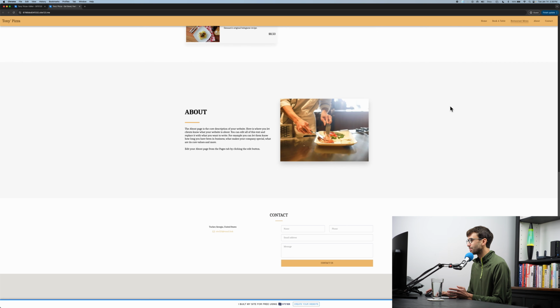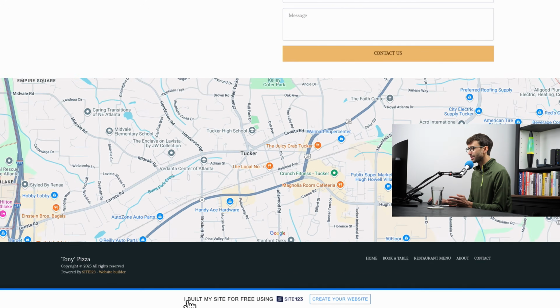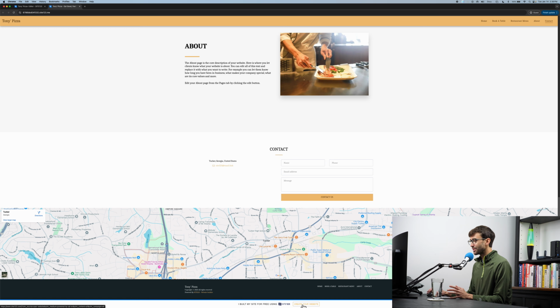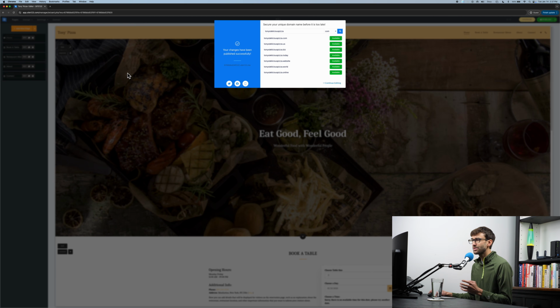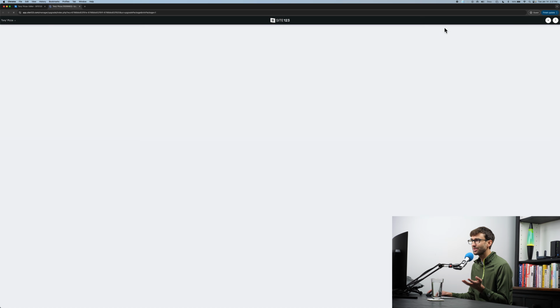And one thing that you will probably notice, at the very bottom, they have this watermark. I built my site for free using Site123, and then a link for anybody who visits your website to create a free website of their own. Now, unfortunately, this is one of those limitations of the free website hosting. You cannot remove this unless you do upgrade to a paid plan with Site123. Let's get out of here, and like I did mention to you, you can upgrade to a paid plan with